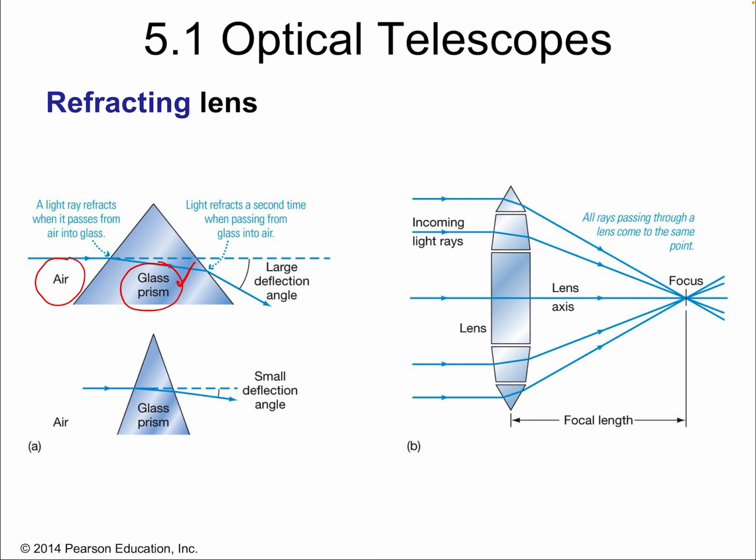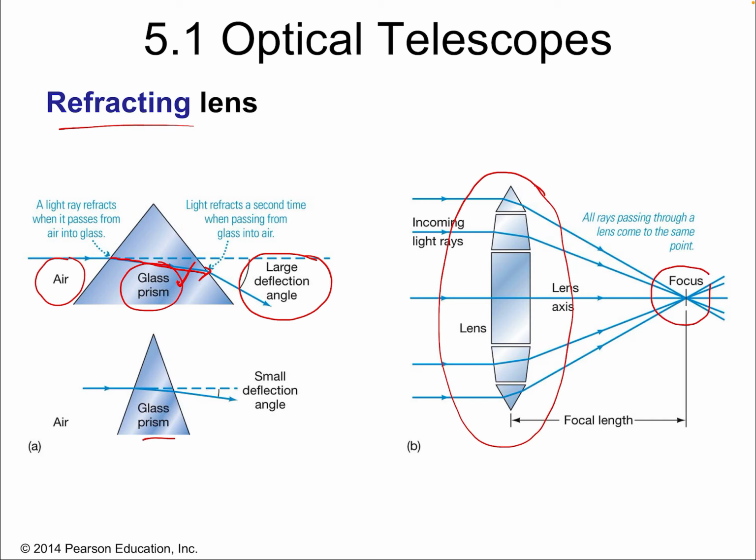And as light is traveling through that transparent material, glass, the slower speed results in a bending of the light, as shown here with the bent path. That process is called refracting, or the refraction of light, okay? And we see that there are refraction angles due to different shaped prisms. And because of that, we can have light refracted through a lens so that all the light focuses on a